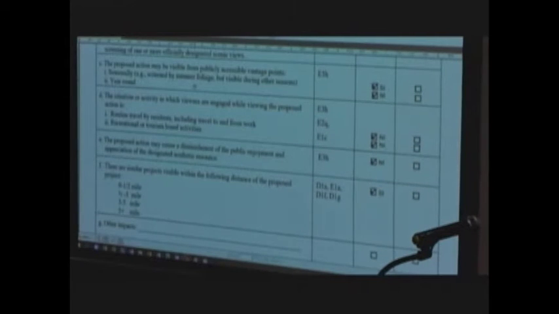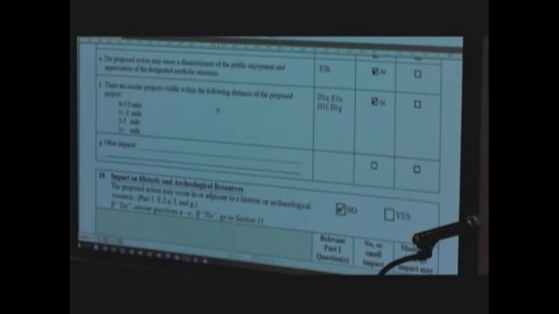And as we walk through this, impact on aesthetic resources, this touches on some minor impacts, essentially some potential visibility from publicly accessible vantage points. We all know that the site is pretty well set back. It's certainly set back from residential properties. There's a potential view shed during winter months along the southern edge and the eastern edge when foliage is down. It's minor, it's a small impact, but it's one we checked. And then other similar projects visible within a half-mile distance. We've identified that as a small impact as well.